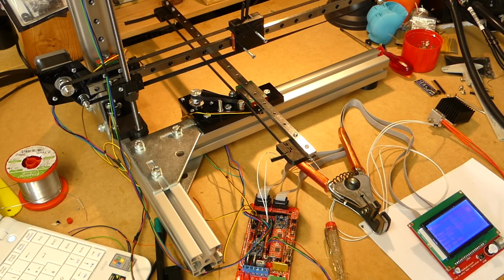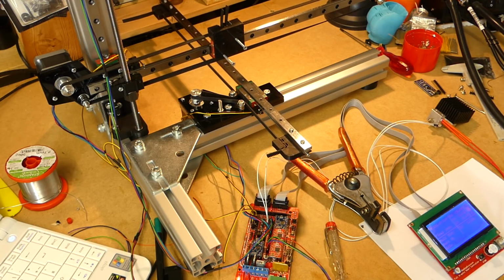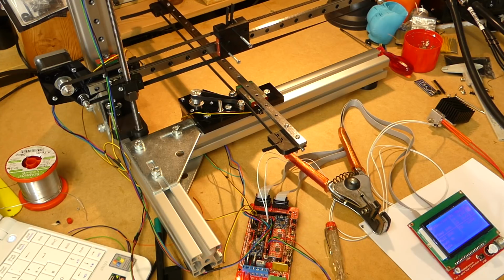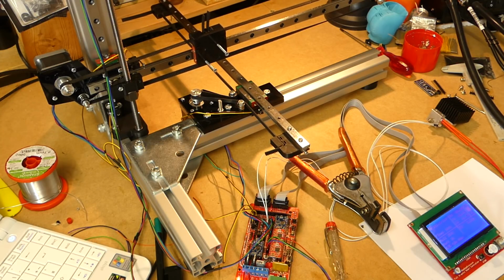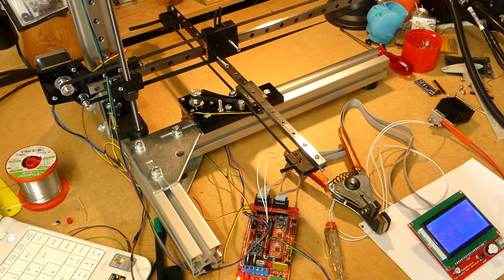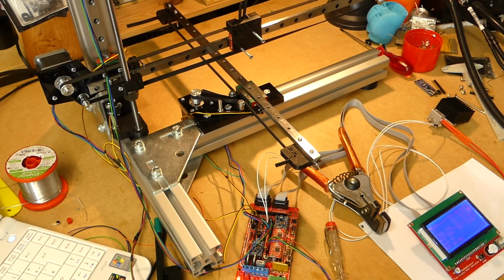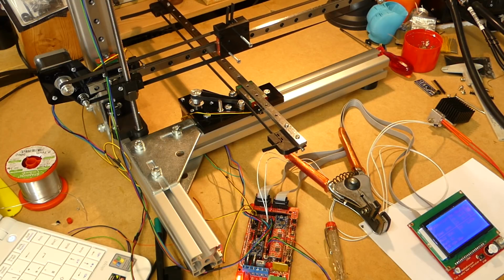And now I'm going to wait for the extruder, and then I'm going to work on setting the build area up. And soon after that, I'm going to be able to do my first real print. That's cool, that went a lot faster than I thought it would. So let's stop this for now,